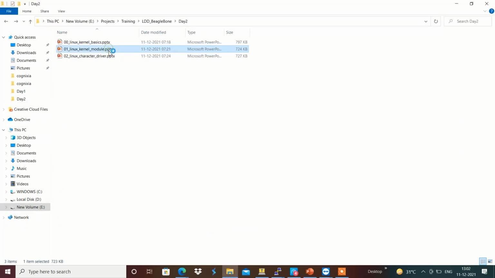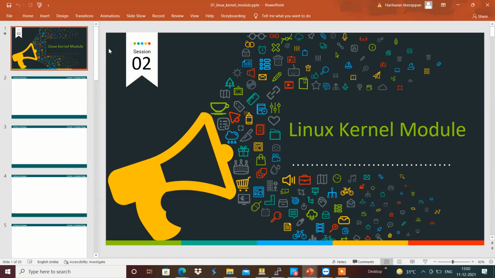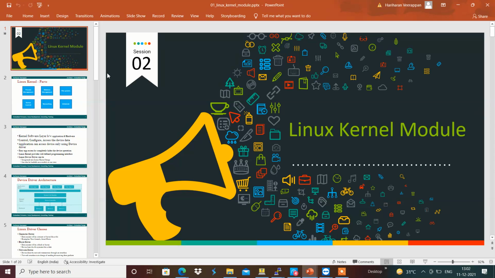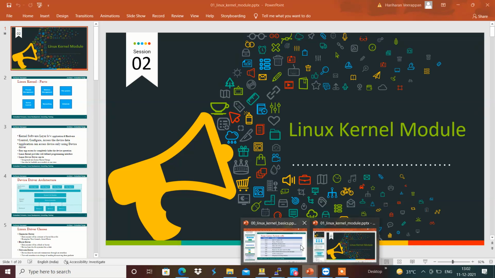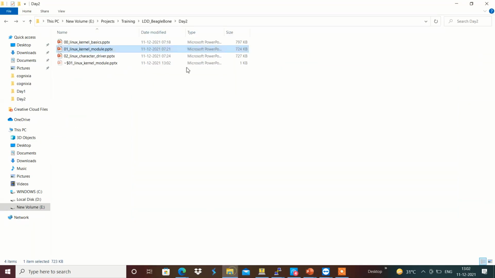Is that fine? Shall we move forward with the Linux kernel module?